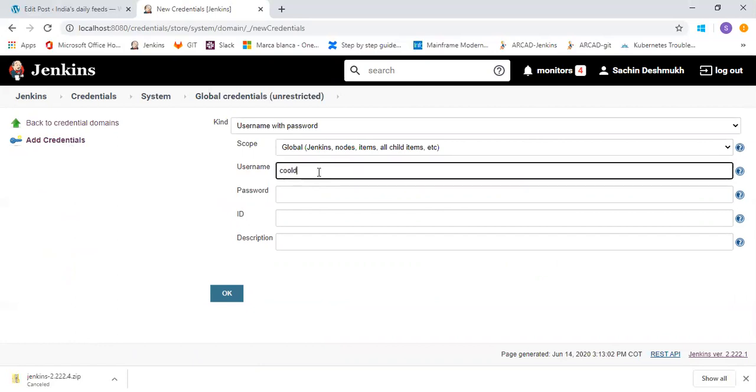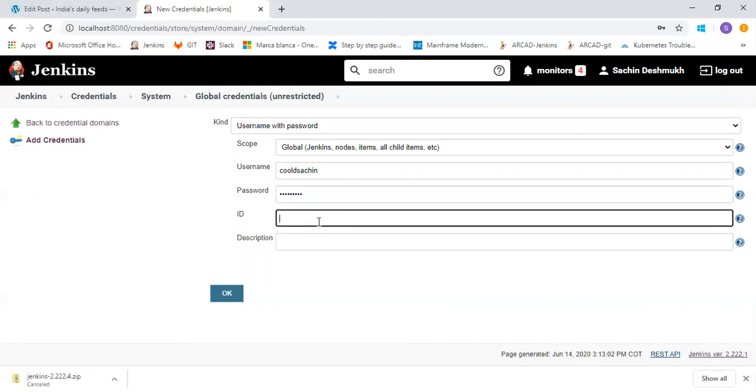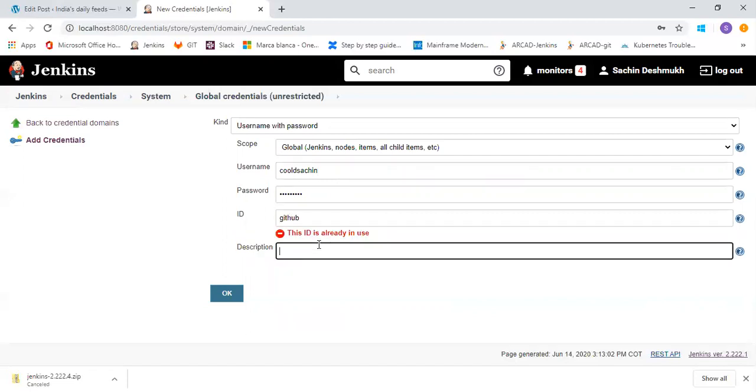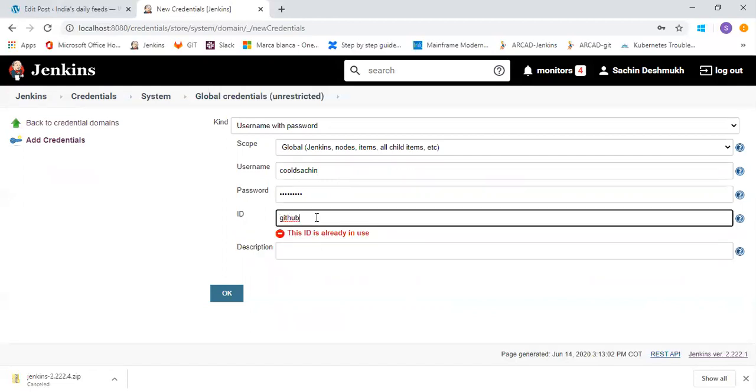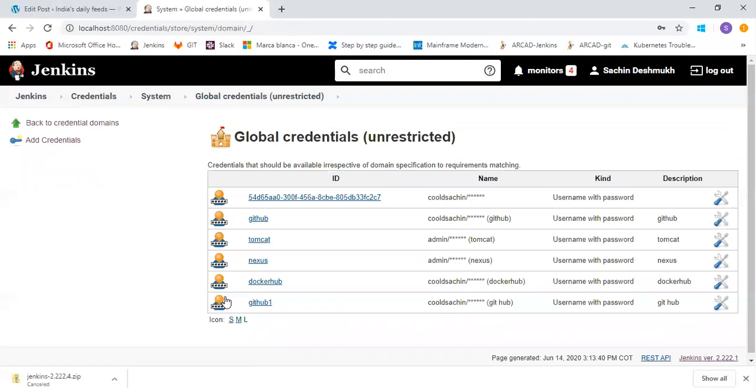I already have GitHub credentials, so I'm just giving the credential name GitHub1, and here I'm saying GitHub. Like this, you can add your credentials. So GitHub1 is added.